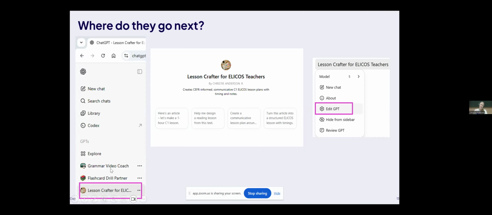So I can click on this, and this is where I would go if I wanted to use it, give it an article. And then it's not just built and done. If I didn't like it, or I actually wanted it to perhaps ask me what level I was teaching today, then I could build that in. So I can go back and edit the GPT, and I could say, for example, always ask me what level my class is for. That will be one of the questions, and then we go from there.